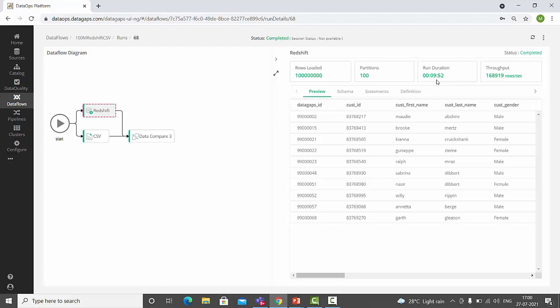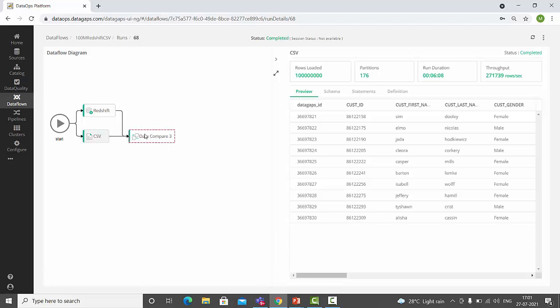As I mentioned in the architecture, we can auto scale the clusters here. Whenever there is a load on the cluster, it automatically scales the nodes, and whenever the load decreases, those will be terminated. So for the Redshift data to load, it took 9 minutes 52 seconds. In case of CSV, for the same 100 million records, it took 6 minutes 8 seconds.